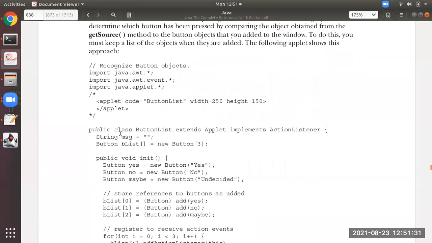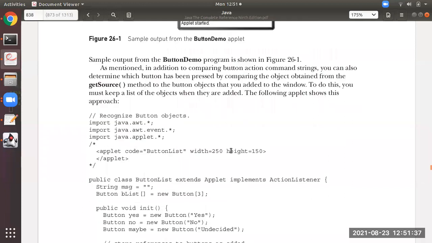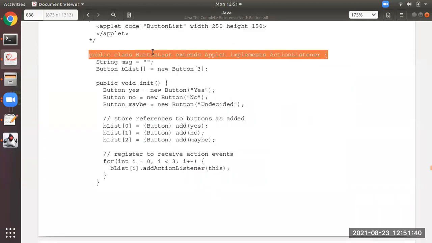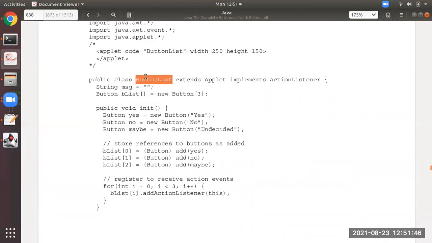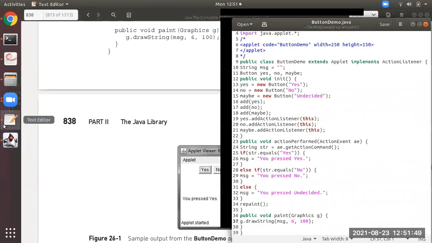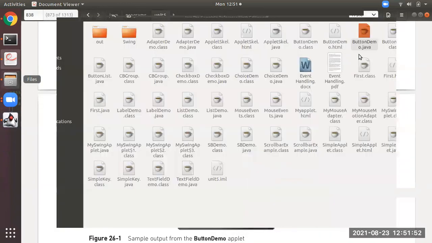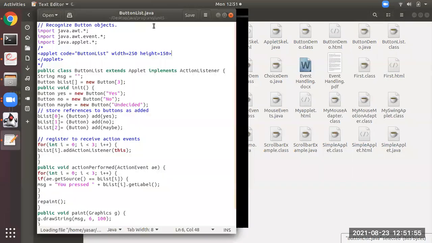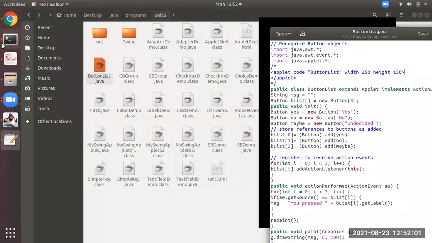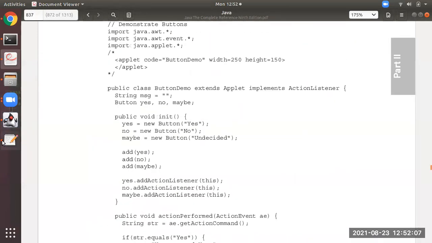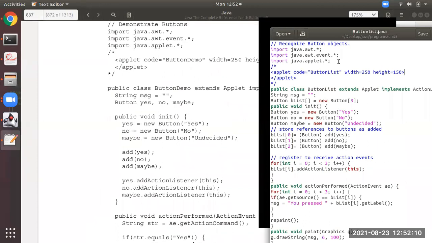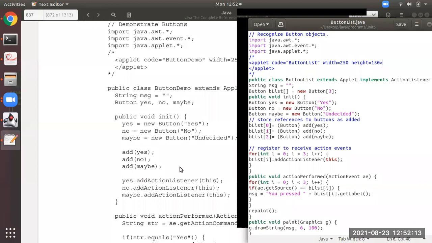Okay, then the same concept, with a few changes. See, what I'll do is open this program from the notepad and make you compare it with this program. So see this button list, this program name is ButtonList. So I will close this ButtonList. Same output. In a different way, you can write the program also. See students, same output it will have. See, ActionListener only. You all please observe here.